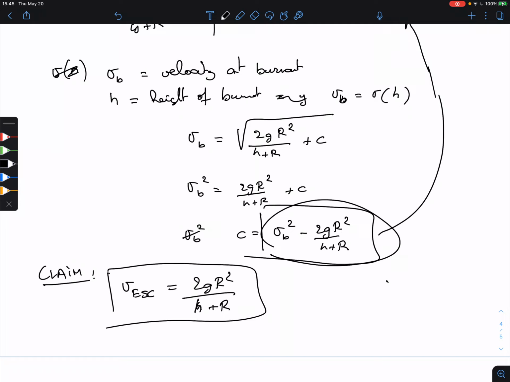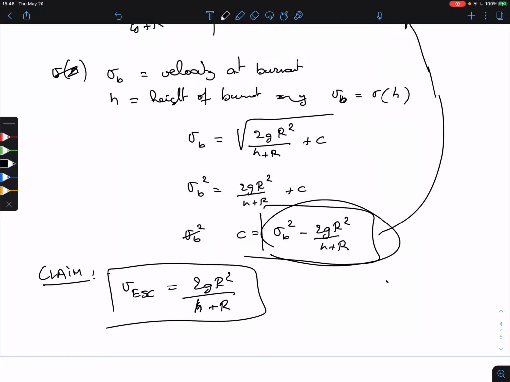Okay? So it depends. What does this tell us? It tells us it depends on the radius of Earth. It depends on the gravity constant. And it depends on at what time we stop pushing it. Now, we might decide to do this at h equals 0,